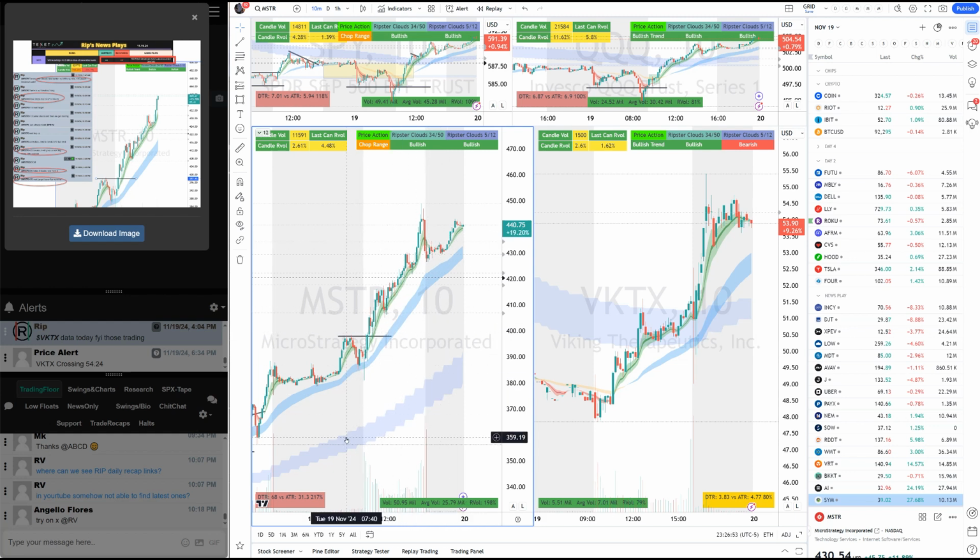You have to take some profits and keep rolling. If you have 3 contracts, 4 contracts, sell 2, sell 1, keep 1. And even that 1 is going to make you so much money. So MSTR today was a trade for us, depending on where you added, of almost a $50 per share profit. And my final target was 450, as I showed you there. MSTR is over that target as well.